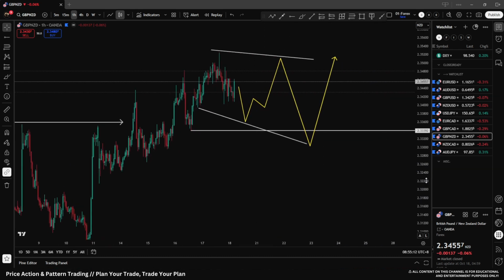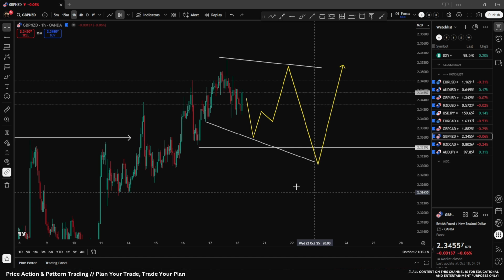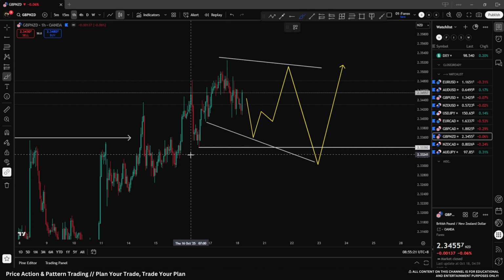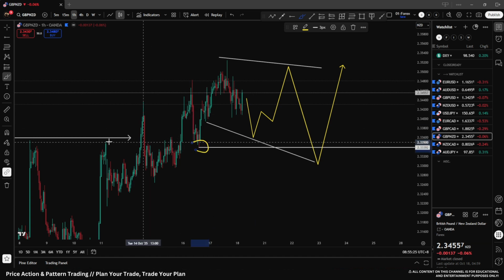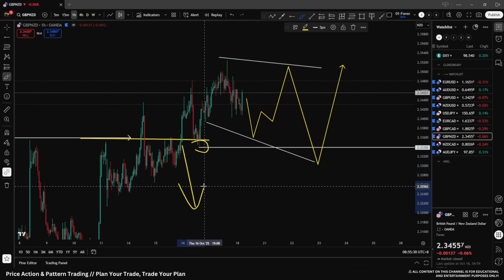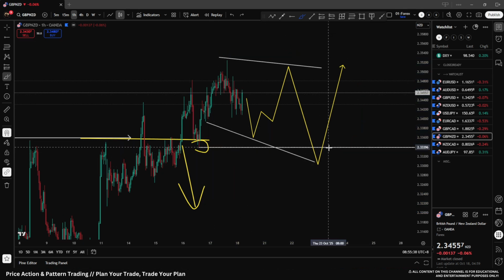I'm looking for some clear structured continuation flag, clear price action to give me some directional bias overall. So ideally, we retest this base here, because that's the first retest after price broke out and failed to continue to the downside. So ideally we see price forming a continuation flag, retesting this area one more time to then enter long.